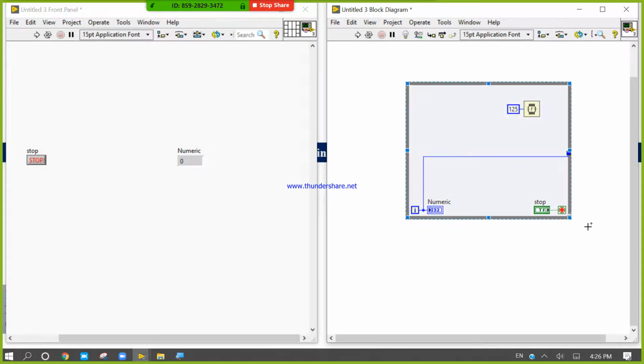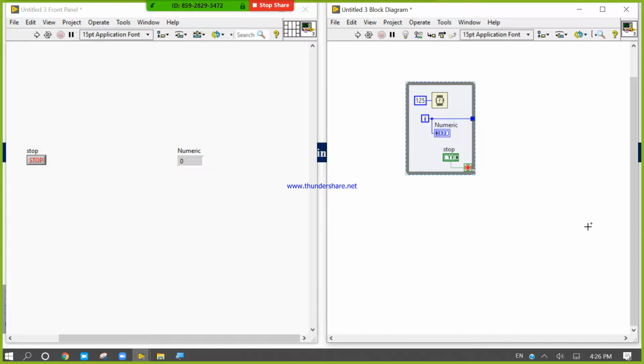Why? Because an array can accommodate only 2 to the power 31 minus 1 values in one dimension, not more than that.